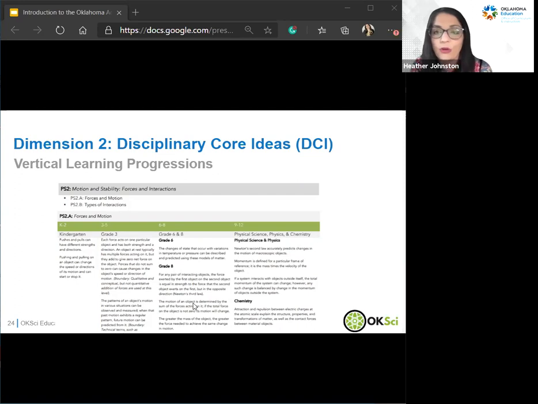So just know that if you go and look at the vertical progressions, middle school is just a little bit jumbled right now. But you can still use it and see what students learned about this topic before getting to my class, and then what will they learn after me? And that again gives you an idea of what is expected for your particular grade level or subject area. Obviously, if you're at the high school level, there's not a lot that comes after you. But that's through the collaboration with the local universities, getting an idea of what some expectations are after high school.